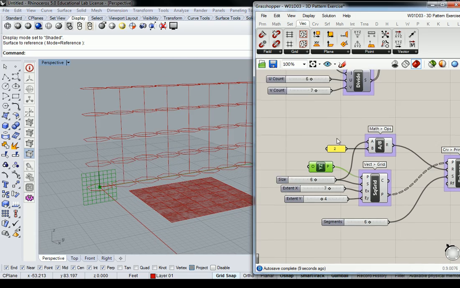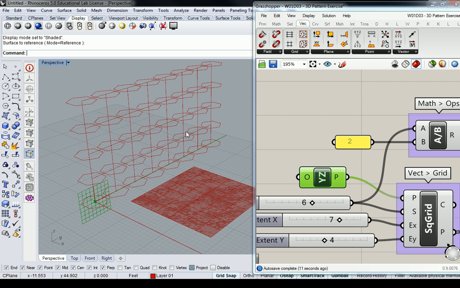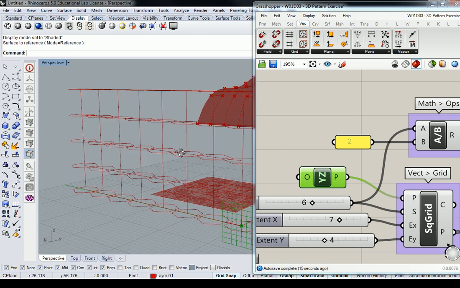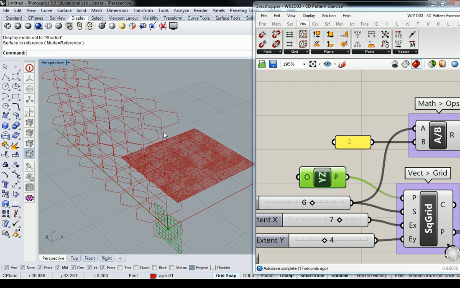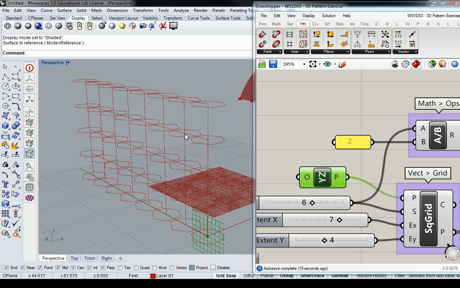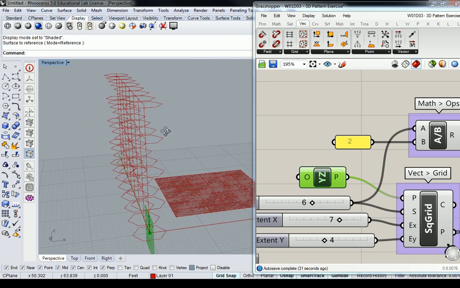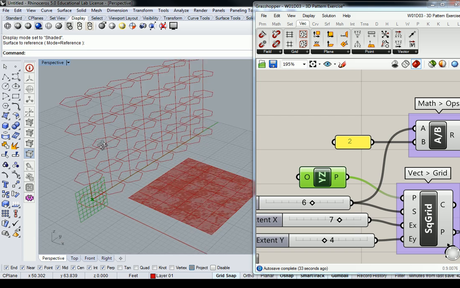So notice that the geometry is still in the XY orientation. That's an important little conundrum that we've just discovered, right? How do we get the geometry to then match if it's not in the XY plane? It's very, very significant. I'm not going to show you all the different formats of how this happens,